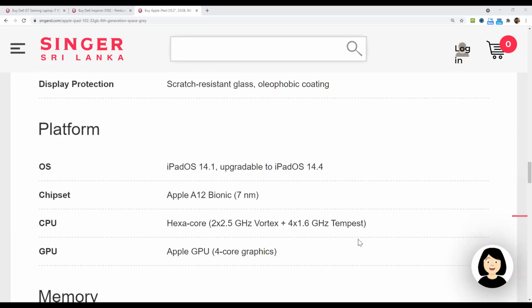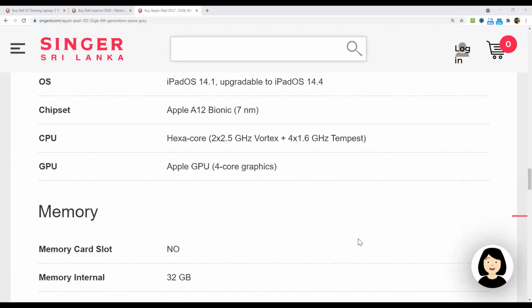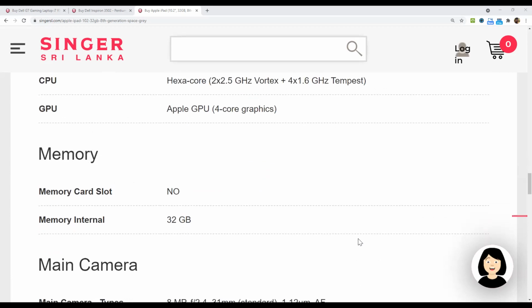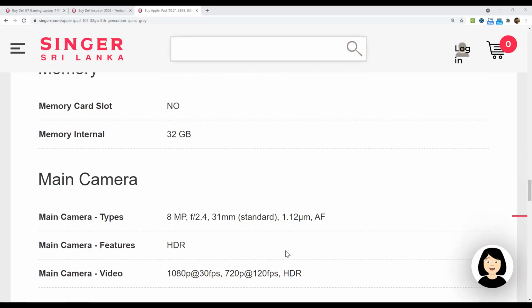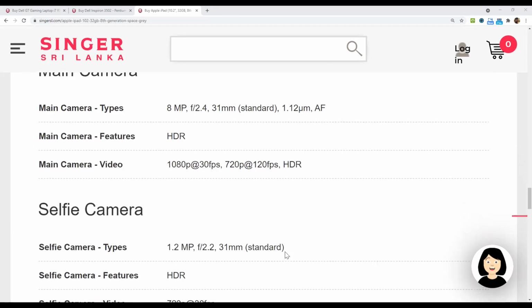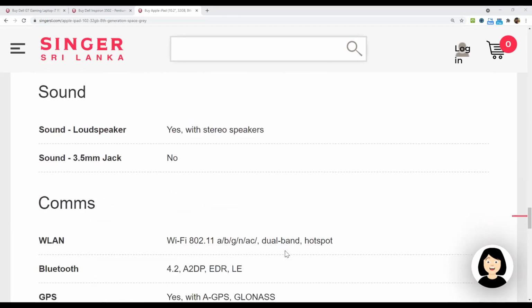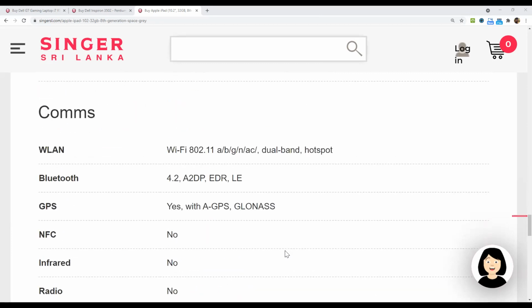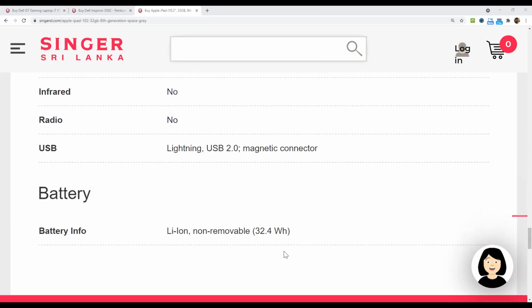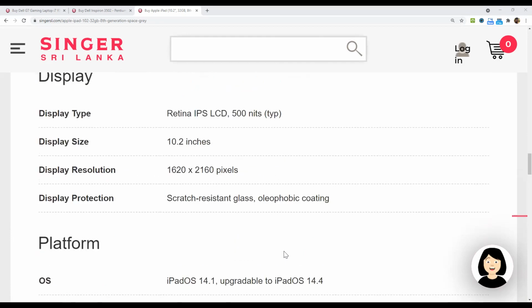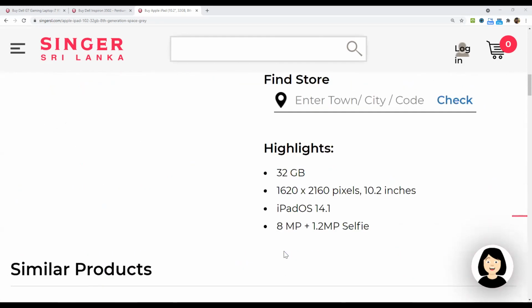Yes, memory. But this memory is a hard disk, I guess. Because if you go to the top,